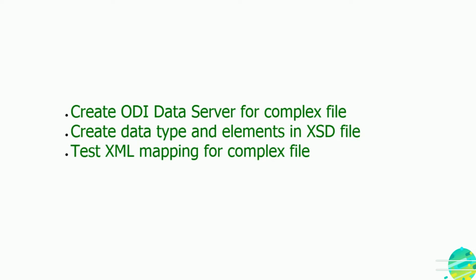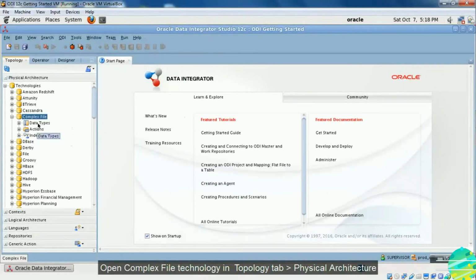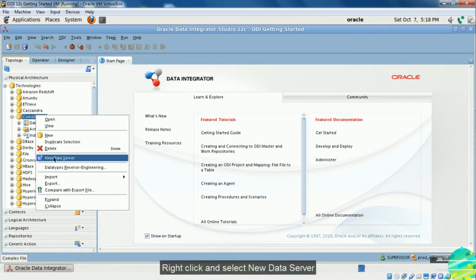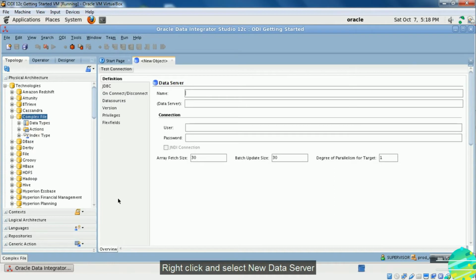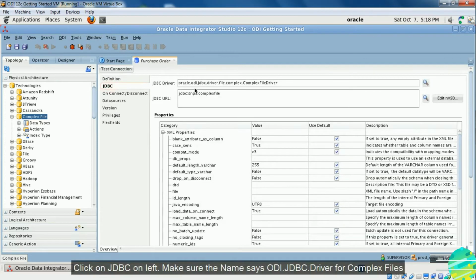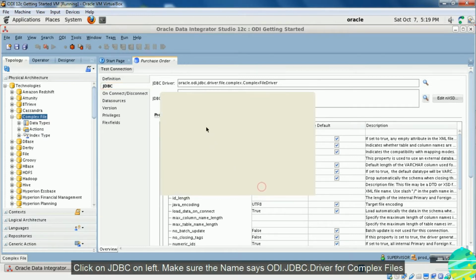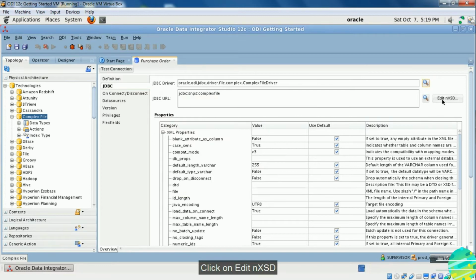So let's begin. Open complex file technology in topology tab, physical architecture. Right click and select new data server. Enter name as purchase order. Click on JDBC on left. Make sure the name says odi.jdbc.driver for complex files. Click on edit